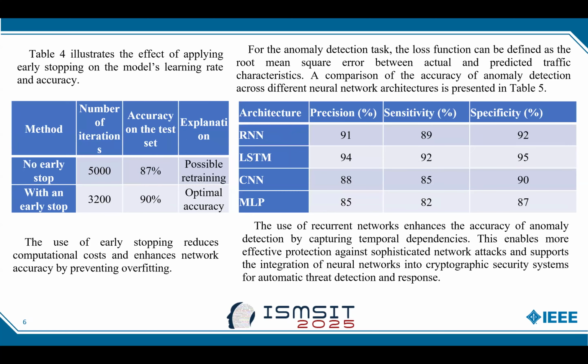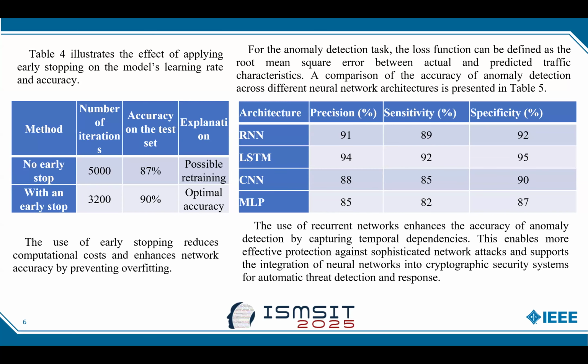Early stopping significantly impacts learning rate and accuracy. For anomaly detection tasks, the loss function is typically defined as the root mean square error between actual and predicted traffic characteristics. The use of recurrent networks enhances the accuracy of anomaly detection by capturing temporal dependencies. This enables more effective protection against sophisticated network attacks and supports the integration of neural networks into cryptographic security systems